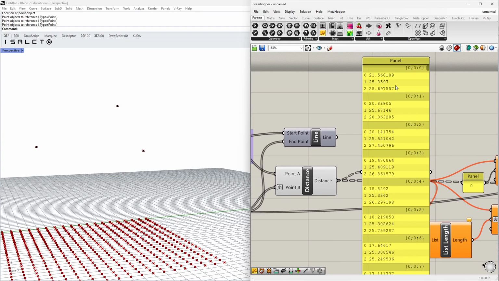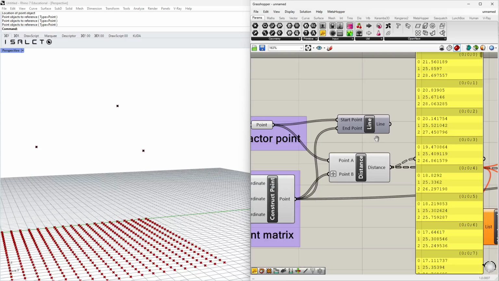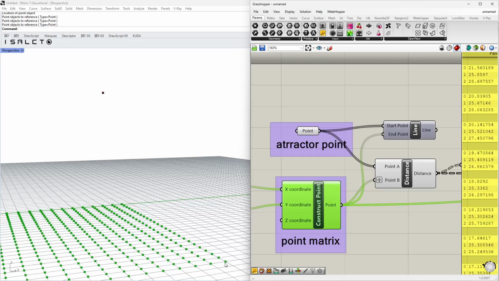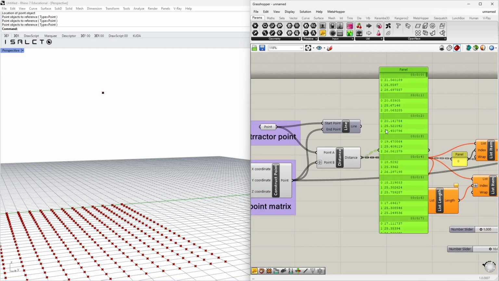So we separate them into many rooms, right? So this is attractor point. I want to graph every, so this point will have its own room. This point has its own room. One room has three distances, right? So 1, 2, 3, 1, 2, 3, 1, 2, 3. So like this,